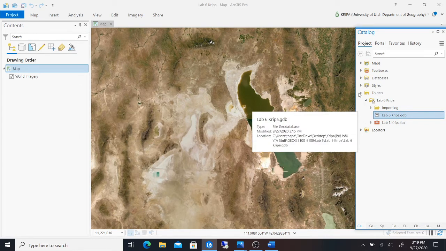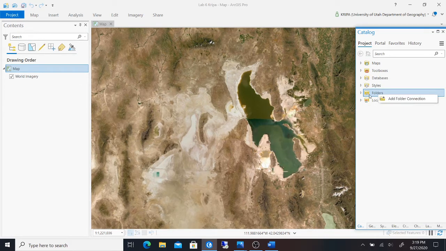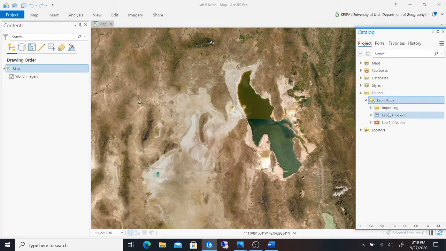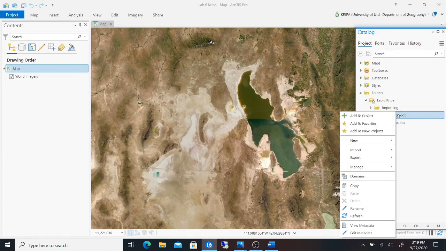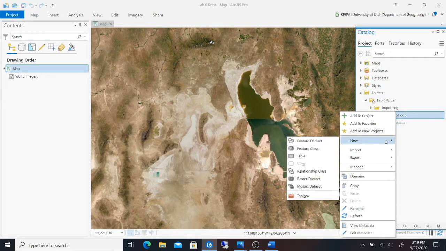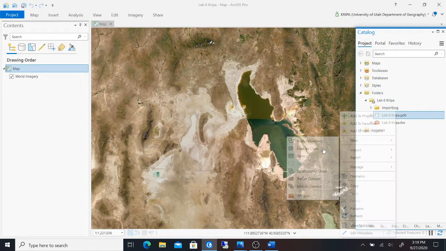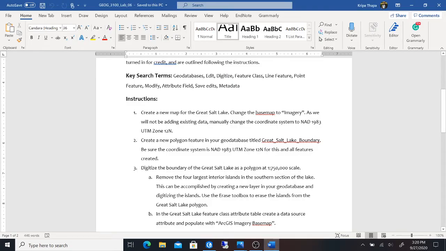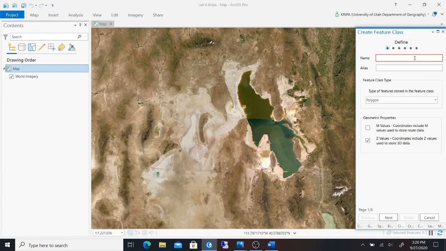So I'm going to do a refresh and right click on it. Go to New, New Feature Class, because we're going to create a new polygon and we're going to name it Great Salt Lake Boundary. The alias is going to be something like